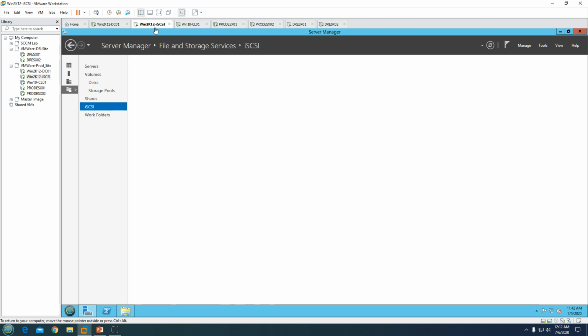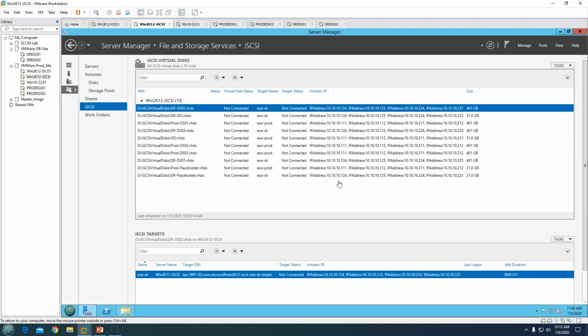In your environment it can be a storage device like any SAN based storage, the Dell EMC storage or any other storage box. I'm using this iSCSI server to map to my ESXi hosts, and then it provides the storage.